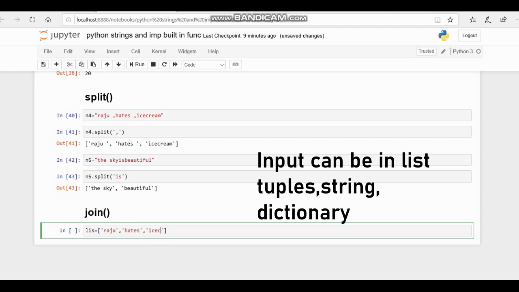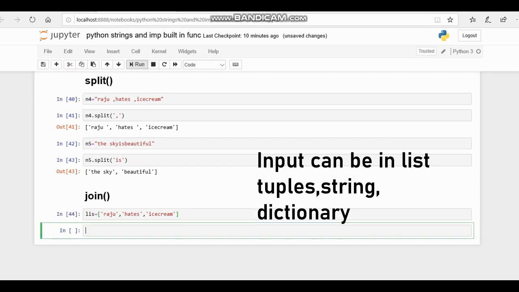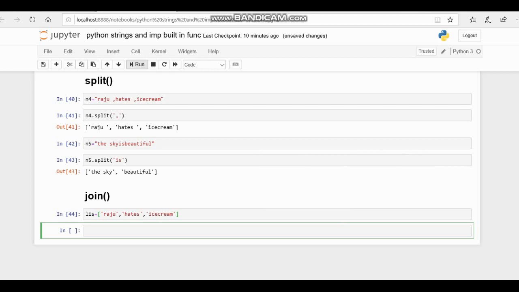So this is an example I am giving. Let's join this into a whole string with the help of the join function. This is the syntax, carefully observe this. We have to give a character with which we join all the strings. I am going to give only a white space to join all the strings.